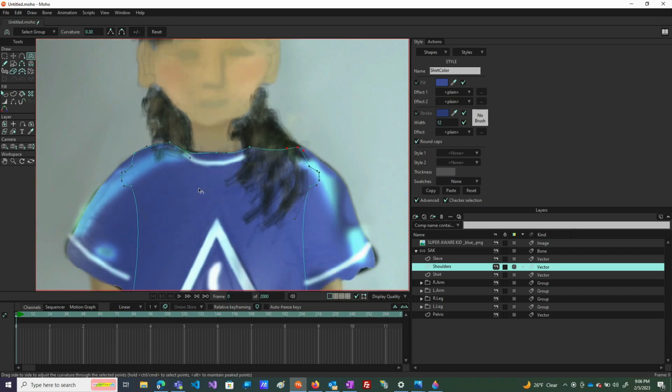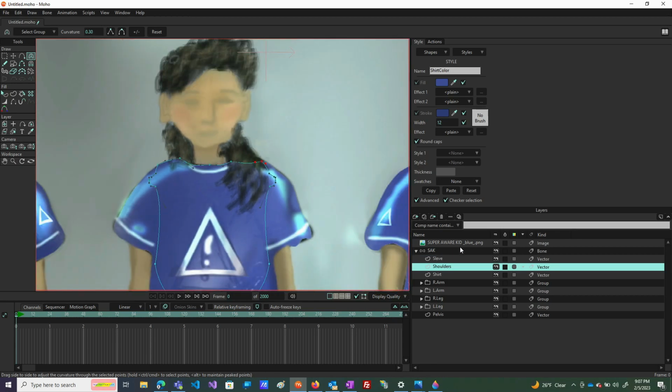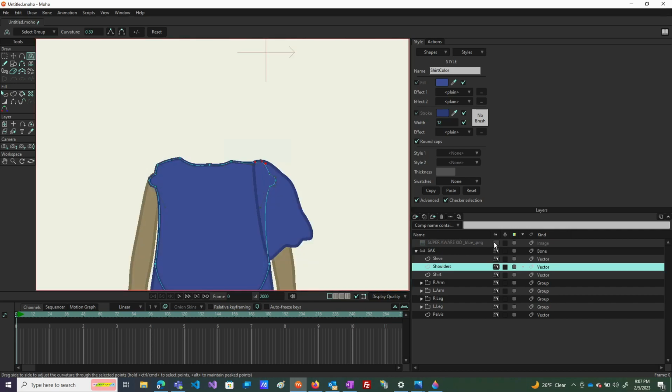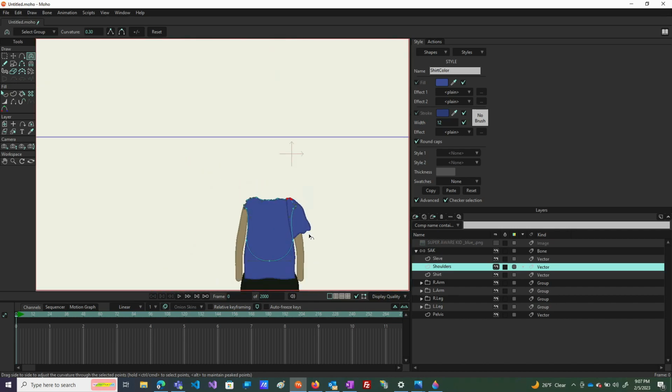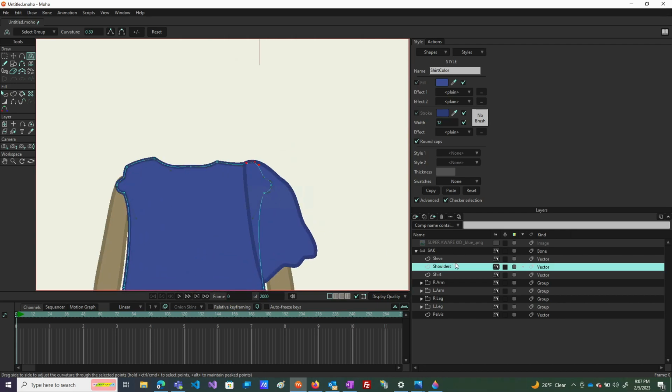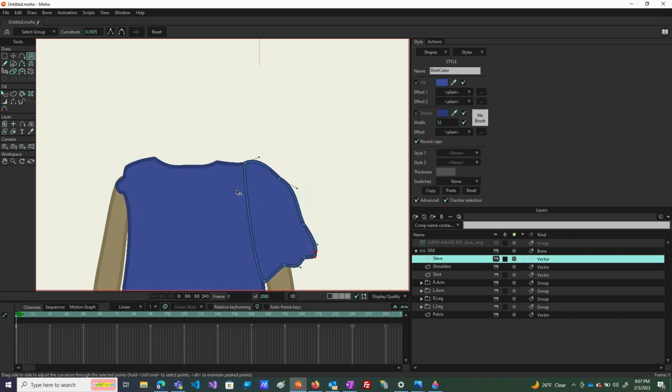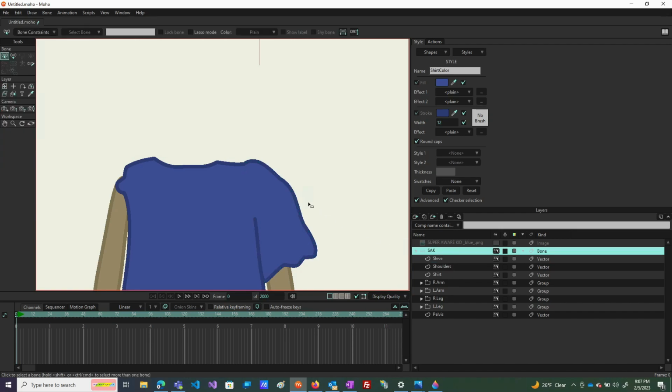There we go. We've got our shirt collar. So now if we rotate this shoulder, it should move on up. And what we can do on the shoulder is on the sleeve we're going to add some points. So we're going to add a point right here, and then we can hide this line here, making the shirt and sleeve all one part